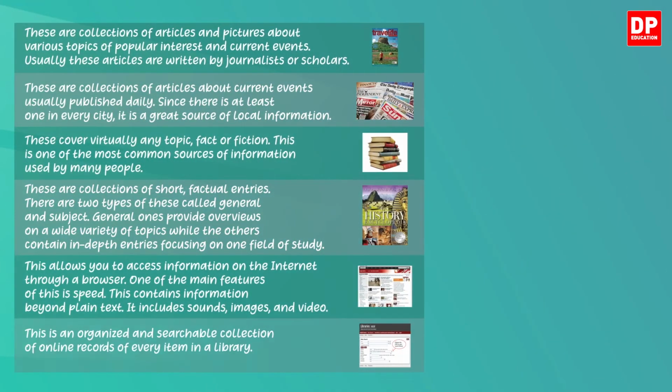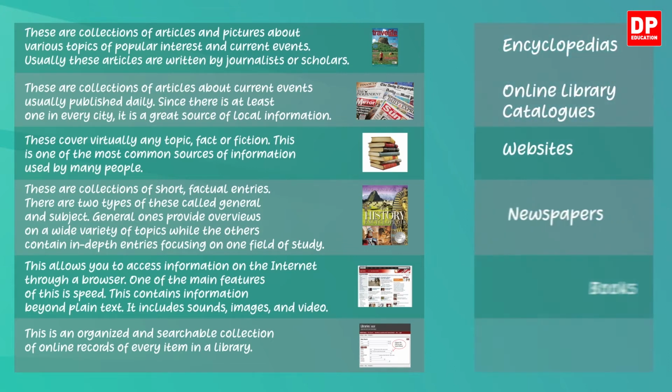Children, now let's practice understanding the general idea with another activity from the same lesson in your textbook. In this activity, you have 6 descriptions about different sources of information. You have to read each description carefully and select the matching subheading from the given list. These are the subheadings. You can pause the video and do it now. Okay, let's see whether you could do it correctly.